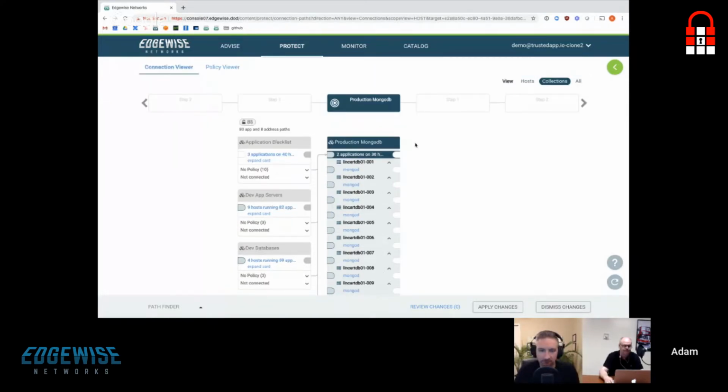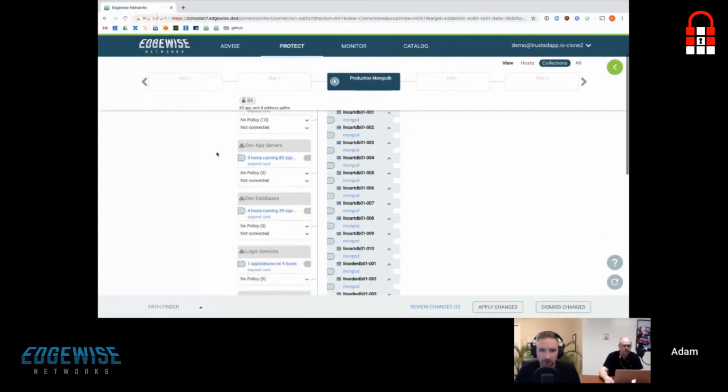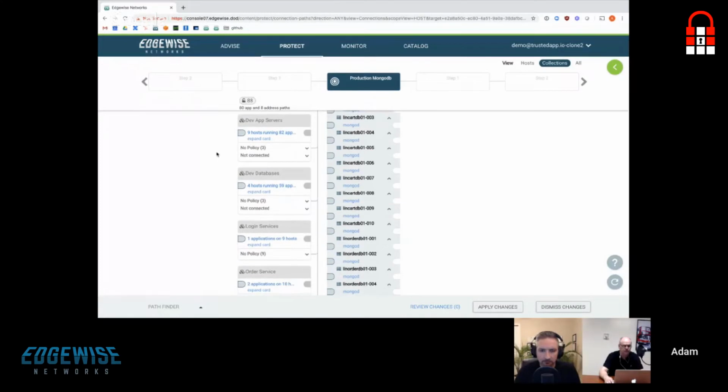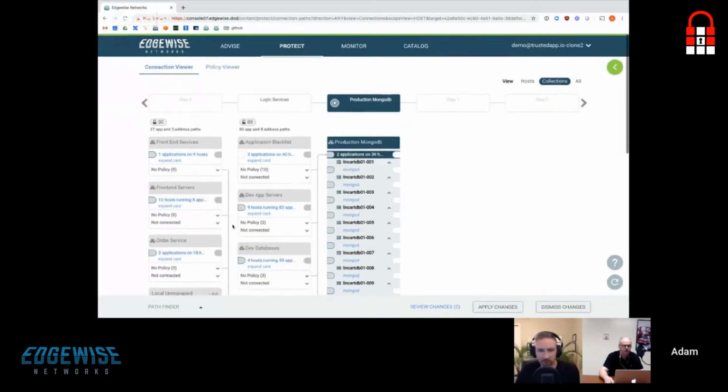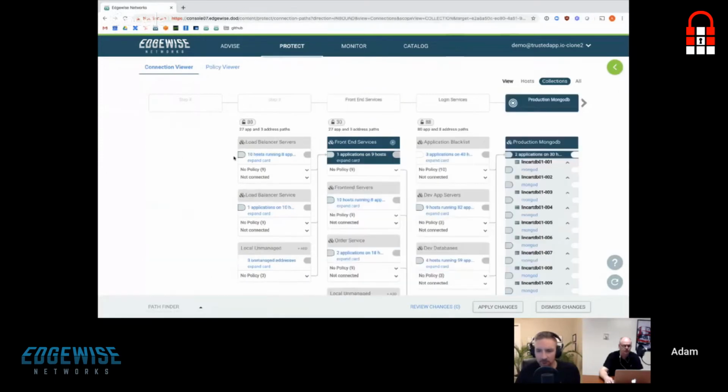When we come in here, we see the production Mongo segment that we've selected. On the left-hand side is everything that's talking inbound to it. We can see there are a couple different segments communicating across, one of which is my login services. Login services are being communicated with by some front-end services, which are being communicated with by a load balance service, which is then being communicated with by the global internet.